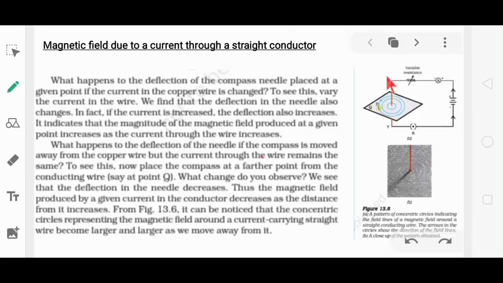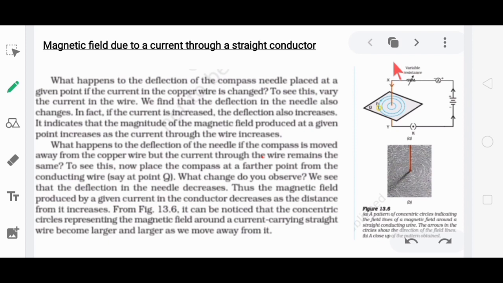In our previous video, we covered magnetic field and magnetic field lines. Today we will discuss something different. Do you know one thing? In a conductor, if current is flowing, this wire can generate a magnetic field around it. So we are going to discuss this nature of a conductor today.